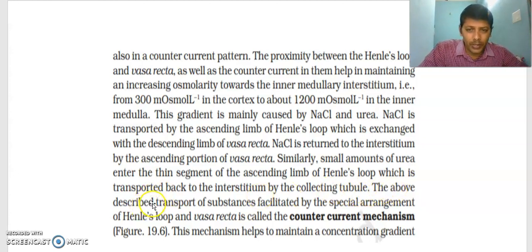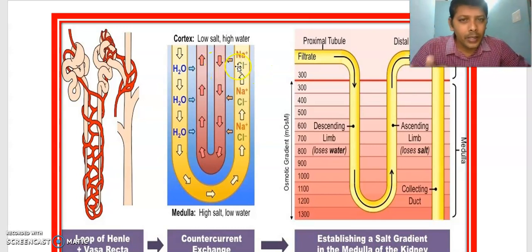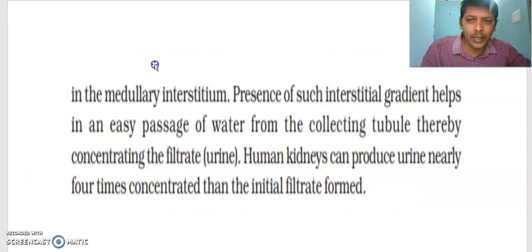The above-described transport of substances is facilitated by the special arrangement of Henle's loop and vasa recta. It is possible only because of this special arrangement. If vasa recta is not here, and this NaCl is not exchanged with this one, then the osmolarity cannot be maintained. That's why the special arrangement of Henle's loop and vasa recta is called the counter current mechanism. This mechanism helps to maintain the concentration gradient in the medullary